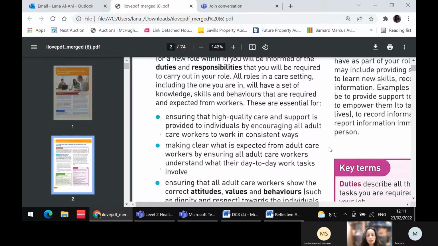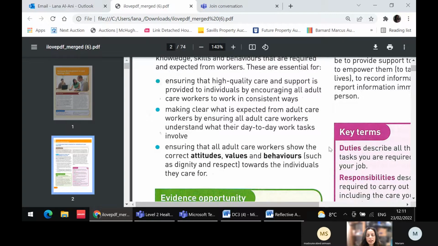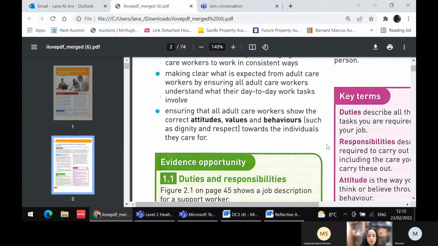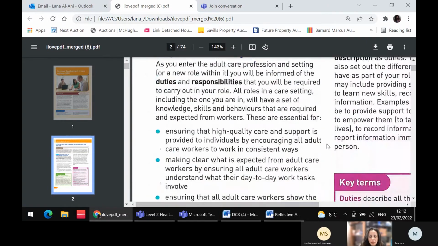I always make clear what is expected from me on a daily basis. So I know what my job description is. I follow it exactly, and I also ensure